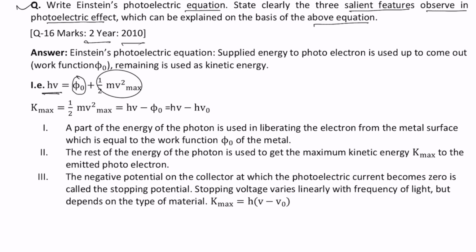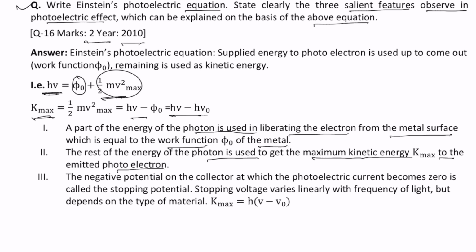K max is the maximum kinetic energy, equal to half mv squared. So it is maximum kinetic energy, this much, equal to h nu minus work function, so h nu minus h nu 0. Now, a part of the energy of the photon is used in liberating an electron from the metal surface. This part of the energy is called the work function of the metal, correct? The rest of the energy of the photon is used to give the maximum kinetic energy to the emitted photoelectron,